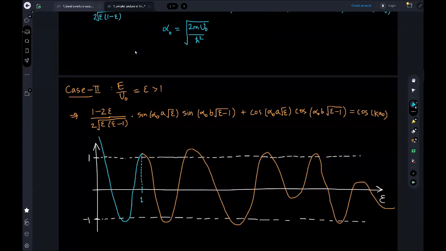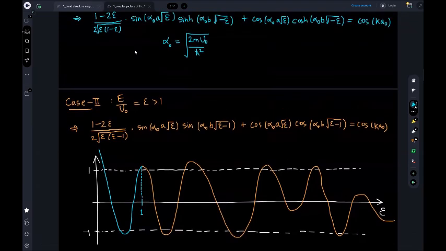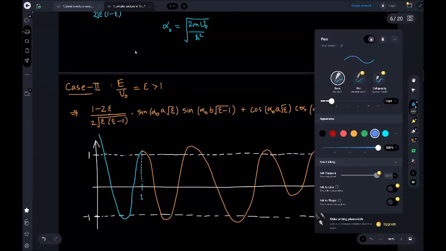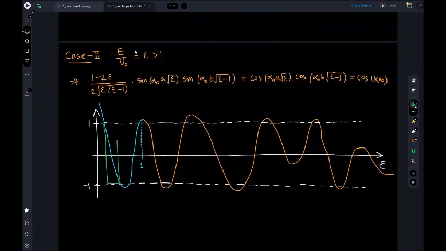That is because the right-hand side of these two equations is a cosine, so it has to be between -1 and 1, which means that the solutions which lie outside, that is greater than 1 and less than -1, are automatically rejected. So the valid solutions, I'm going to point out the regions where we will have a solution, and that is this box right here,